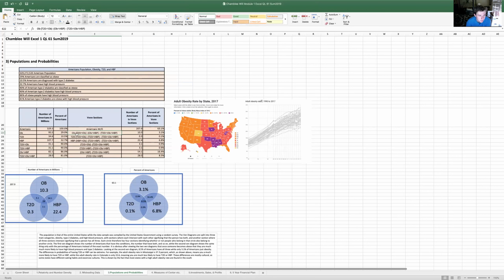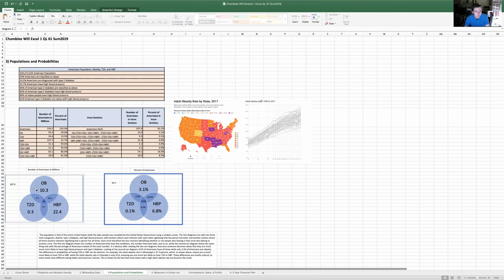Okay, the formulas here: obese minus type 2 diabetes, and obesity minus obesity and high blood pressure, minus type 2 diabetes and obesity and high blood pressure. We use these formulas in the middle to get the true number of people that are just obese and not having another type of illness for the Venn sections over here. So it comes out to be actually just 10.3 instead of that 95.5. That 95.5 of people obese include people that also have type 2 diabetes or high blood pressure. So we see this illustrated in the Venn sectors.